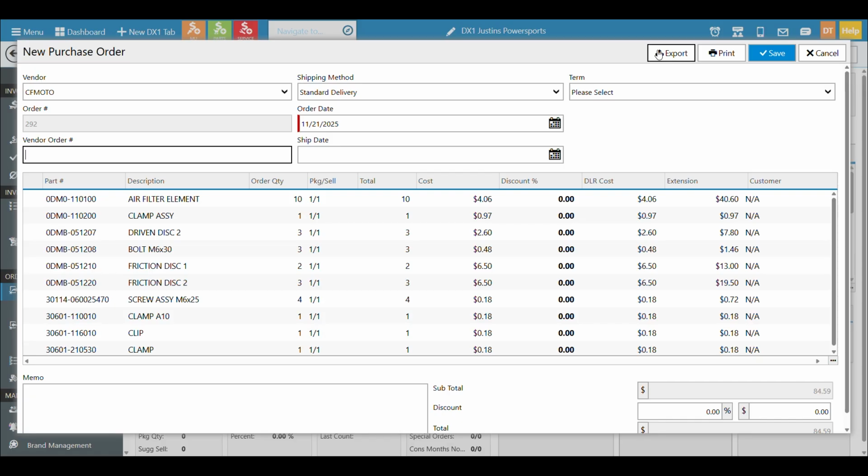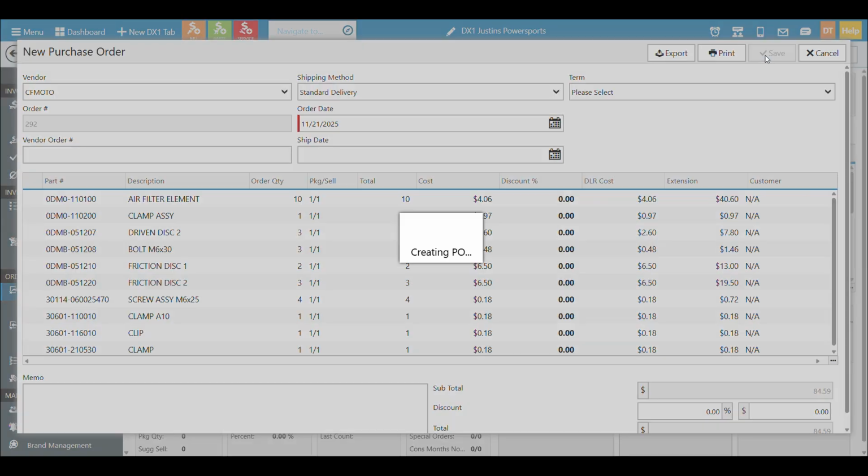And for other manufacturers or partners that we have, you also might see an integrated cart button right here next to the export button that allows you to skip all those traditional methods and just submit it via an API integration, which is really great. It'll save you tons of time and allows for some tracking and some other things that you can do in DX1. So in this case, I'm just going to go ahead and save the file.